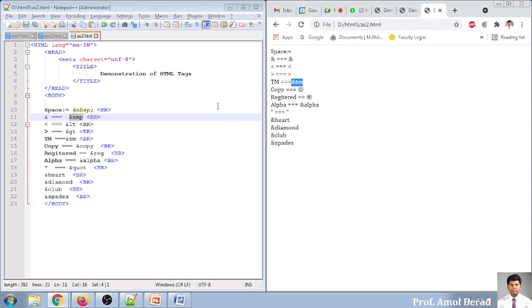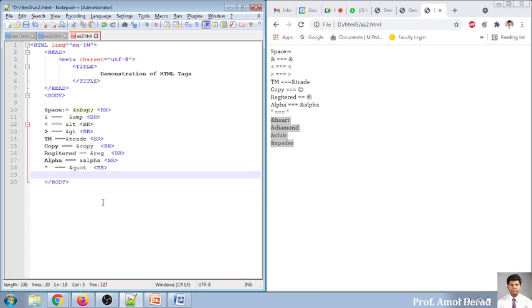I think it is not working. Sorry, it is TRADE for trademark. I think it is not working over here. Let it be trade. And copyright, you see the symbol of copyright. Registration like this. Alpha, I think these two have been removed in HTML5, so recent browsers are not supporting alpha and trademark. Again, these symbols are not working, that is heart and spade, and I think they have been removed. Double quote, it is there.